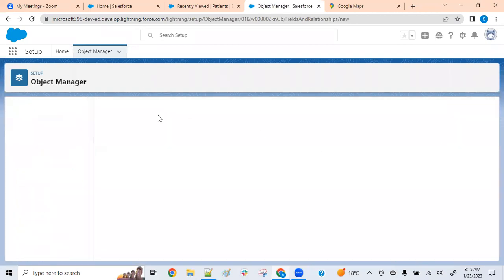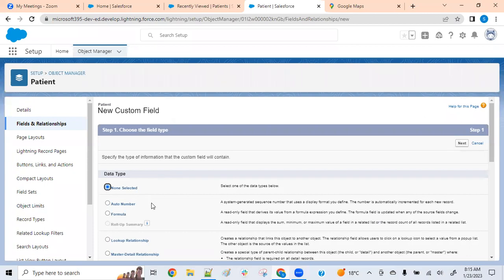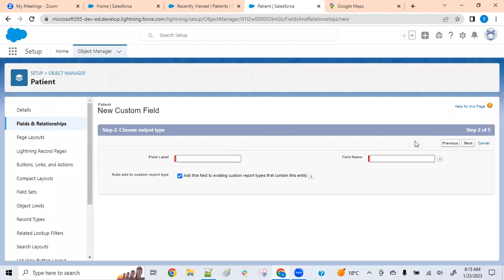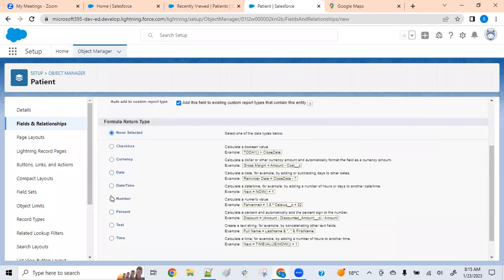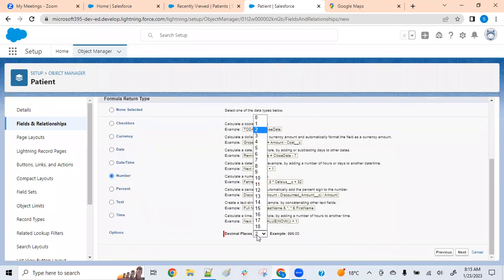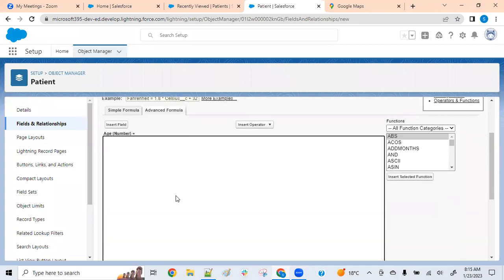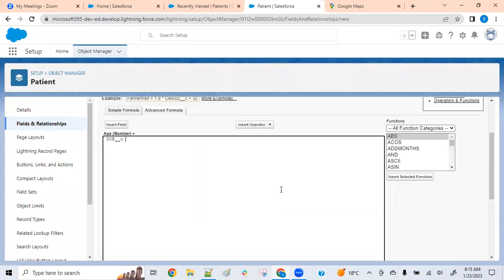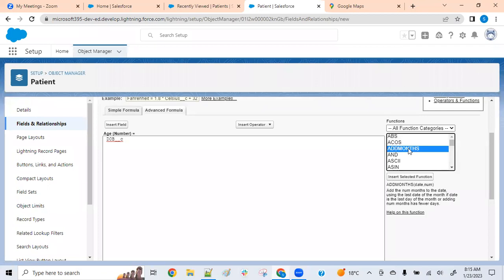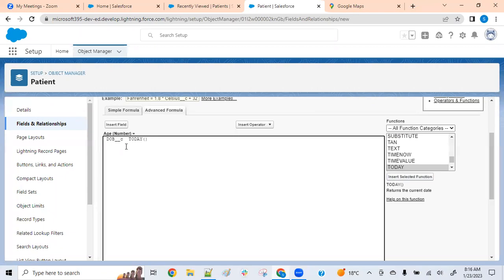Save, and now you are entering the date of birth, right? If you want to calculate age, again you can use a formula. So age is a number, how many years. I'm not using decimals here. Next, how to calculate age? Insert field. You are already entering the date of birth. So I am taking the TODAY function, for example, TODAY minus